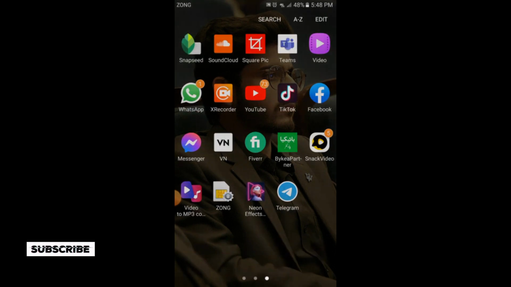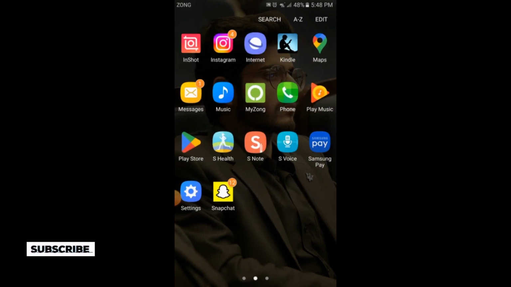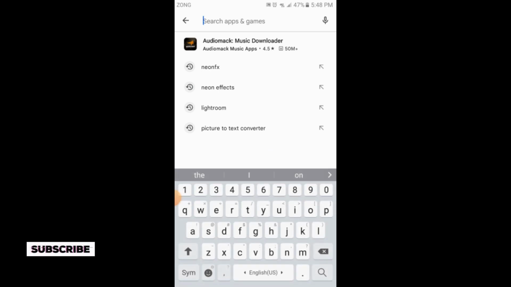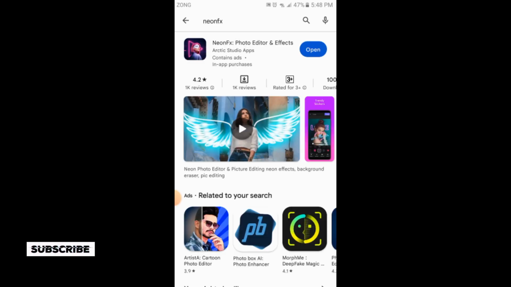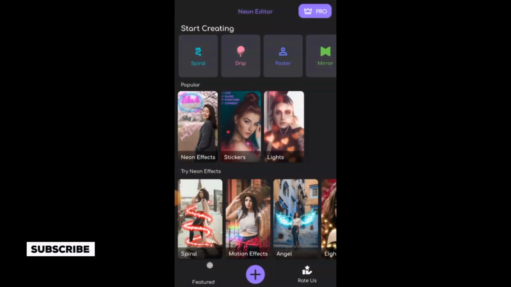So first of all, you need to download an application that is Neon. So we will go to your Play Store. Here you will simply tap Neon FX. This is the application which you need to download, and then after it's downloaded, you will open this application. When the application is opened, you will simply tap on